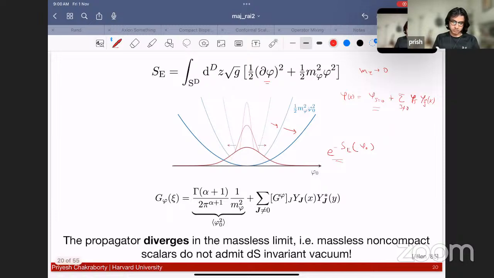There's this zero mode contribution that I've isolated, which goes as 1 over m phi squared. So it's singular as you send m phi to 0. And this is very important. There's actually an old paper by Allen, which identifies this. It says what this basically signifies is that you can't really have massless scalar fields, spectator scalar fields, in de Sitter. They're pathological. So something dramatic has to happen when you take a theory and send the mass to 0 exactly.